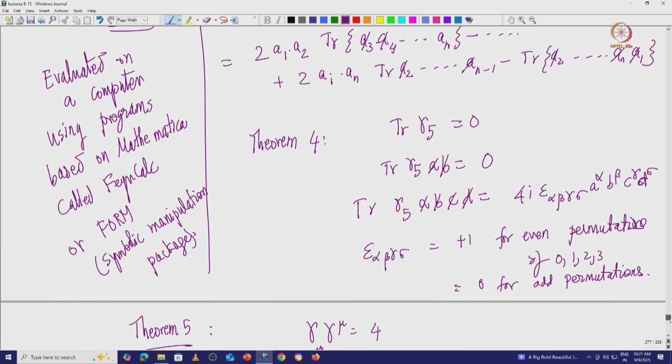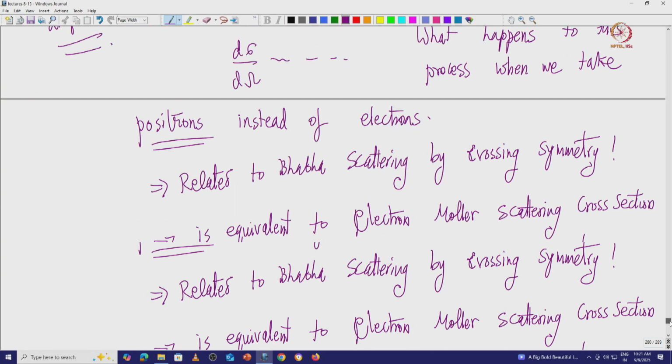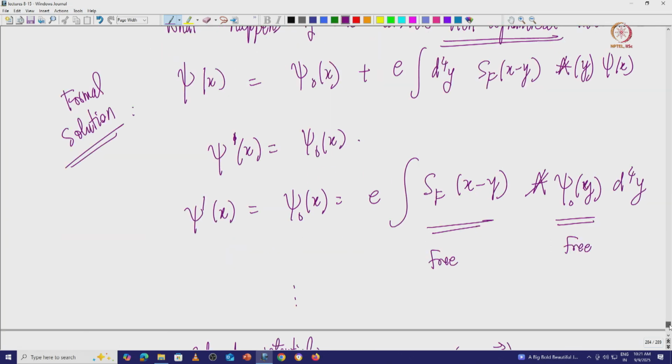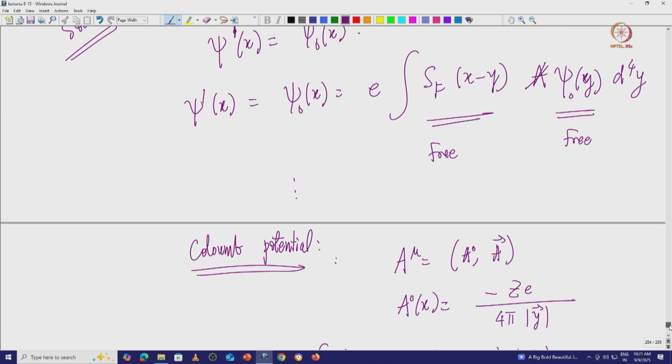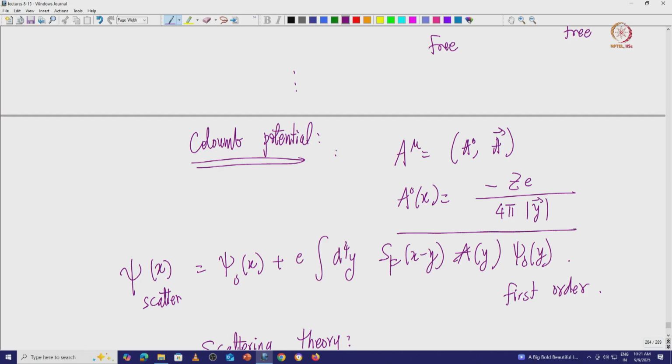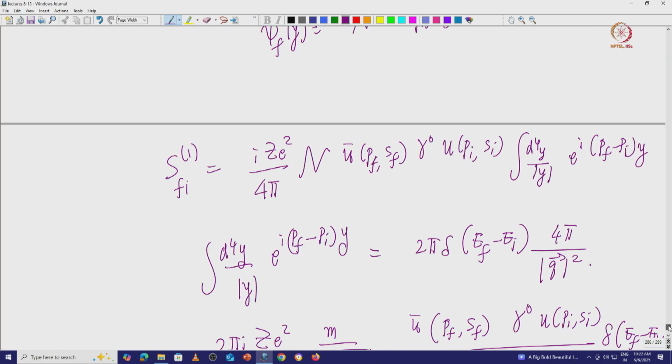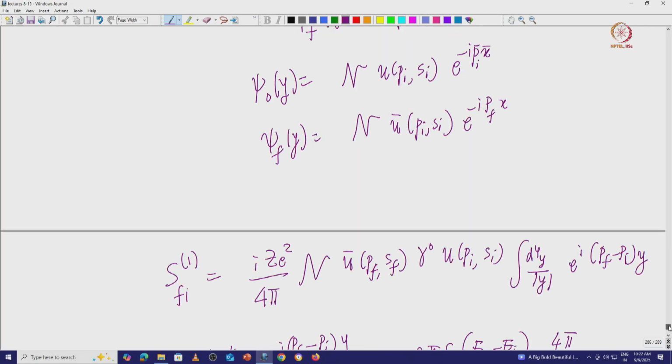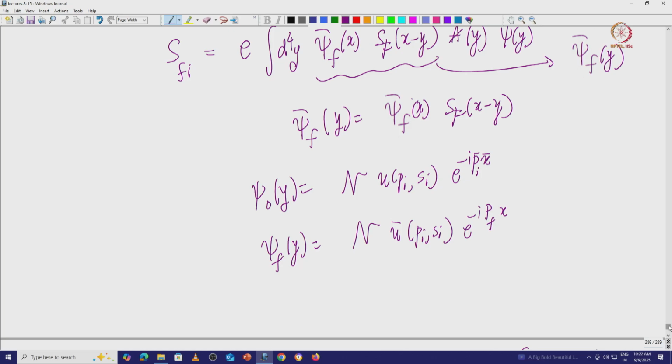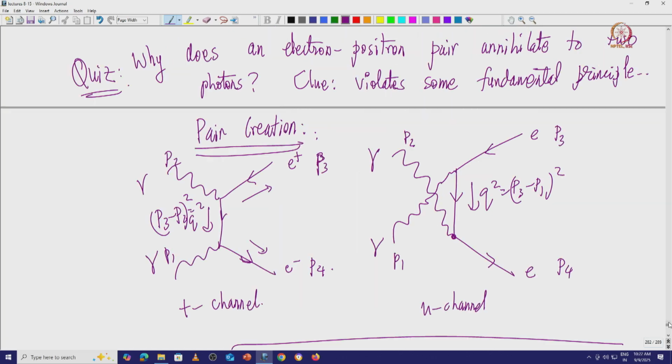What we saw in the last lecture was the case of Coulomb scattering, in which we just took the potential as a Coulomb potential, which is static: A bar is equal to 0 and A0 is equal to Ze by 4 pi r. Then we started using the Green's functions methods, and what we found was that it turns out exactly like adding a propagator, which is not really surprising in some sense.